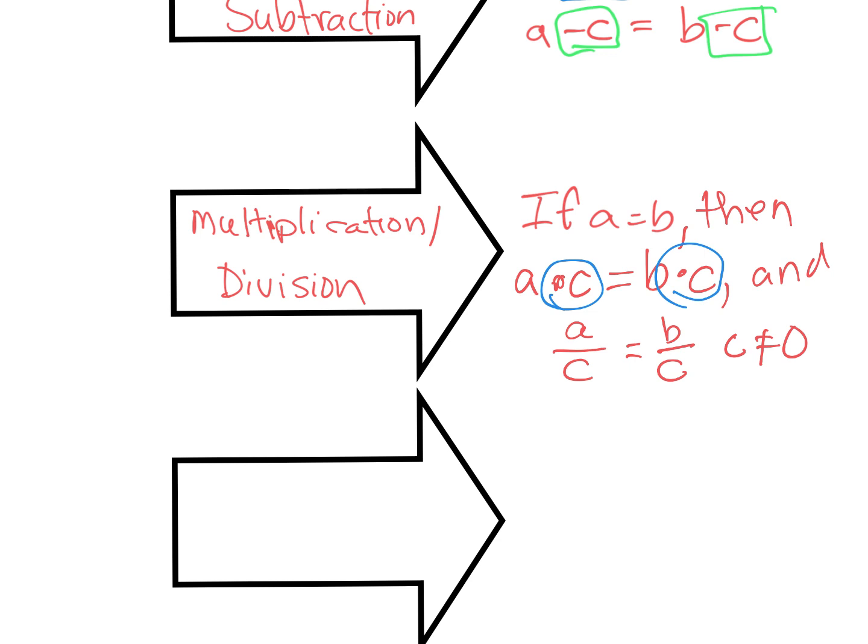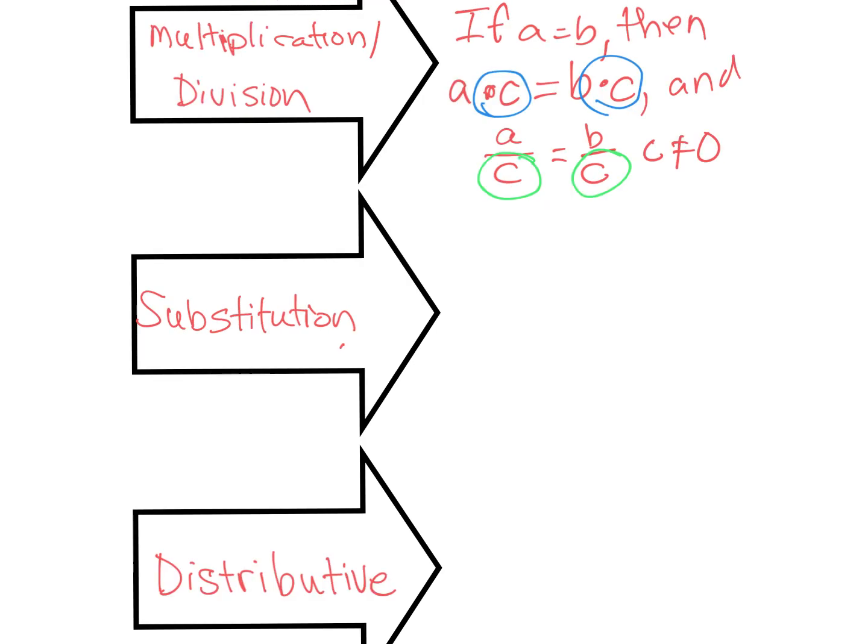So when we're looking at it, we're dividing both sides by the same thing. So that is division property. So if you multiply both sides by the same thing, that's multiplication property. If you divide both sides by the same thing, that's division property. The next property that we're going to discuss is substitution property. If A equals B, we're always starting at the same thing, then